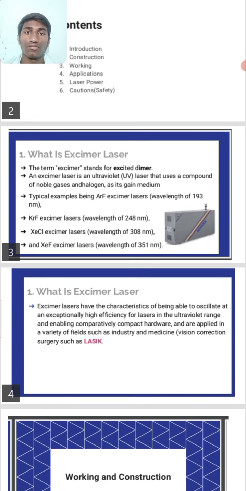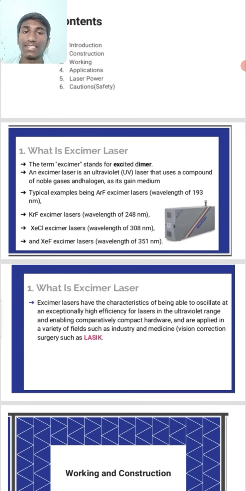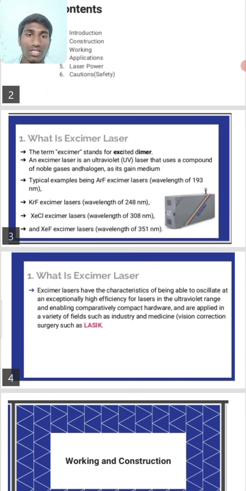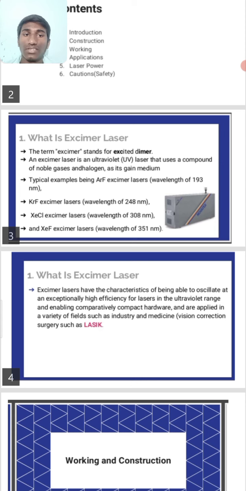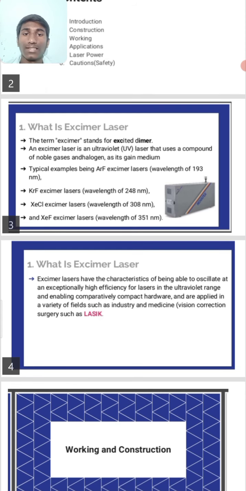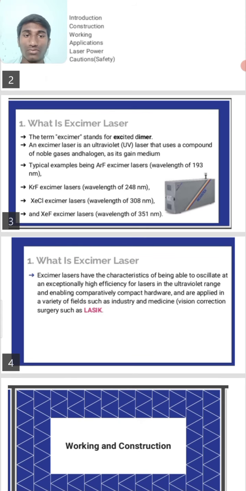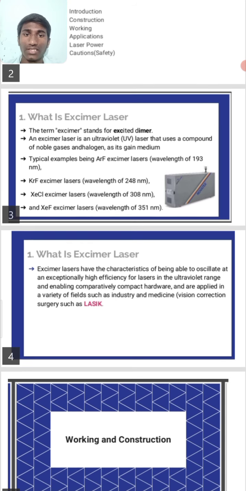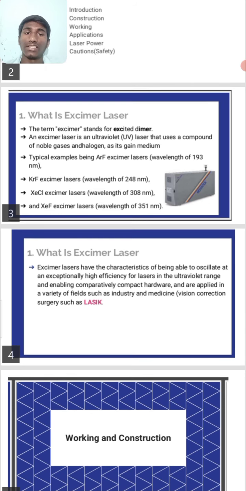laser. First, what is the definition of an excimer laser and what does it actually define? The term excimer stands for excited dimer, and an excimer laser is an ultraviolet laser that uses a compound of noble gas and halogen as its gain medium. Examples are argon fluoride excimer laser, which has a wavelength of 193 nanometer, krypton fluoride, which has a wavelength of 248 nanometer, xenon chloride, which has a wavelength of 308 nanometer, and finally xenon fluoride, which has a wavelength of